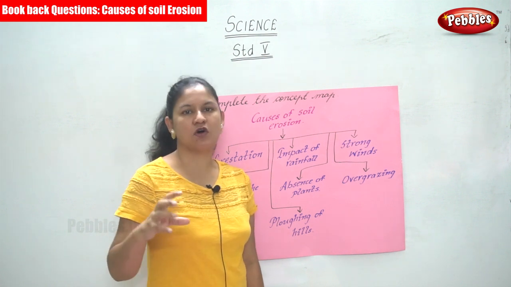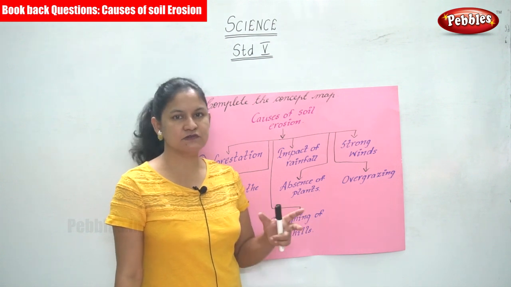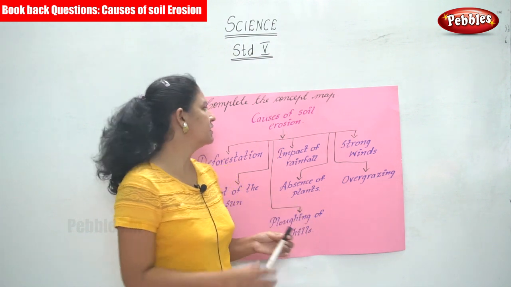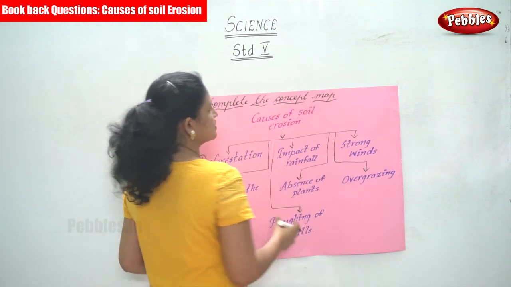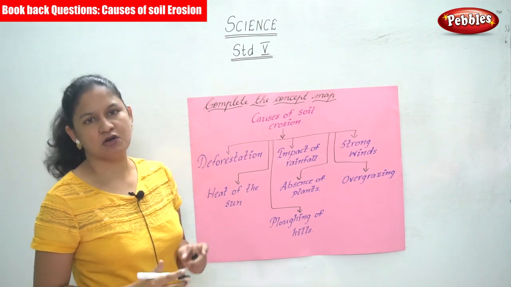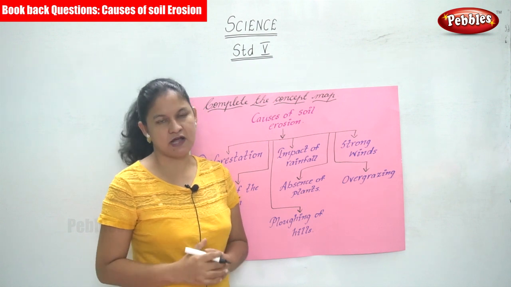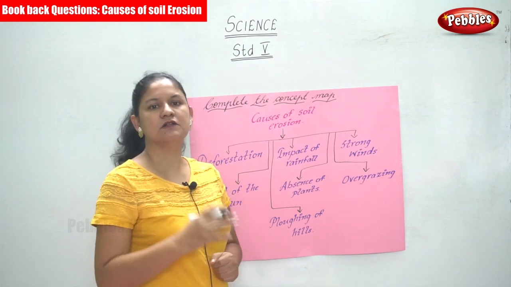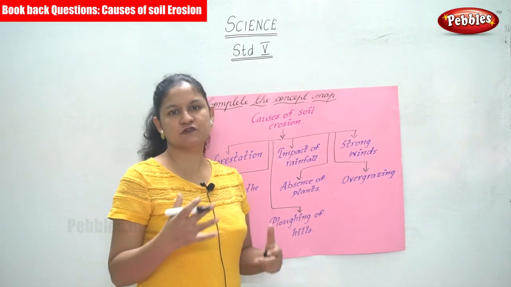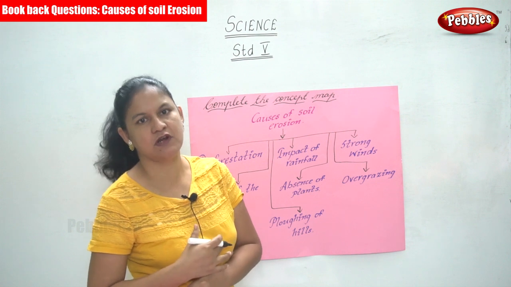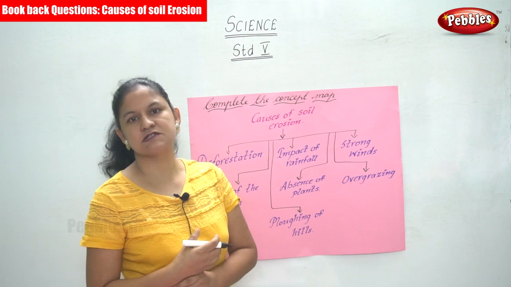and what are the main causes of soil erosion. We are going to learn it by using the concept map. So we call it the concept map. So when we learn it as a concept map, it gets registered in our mind. So what are the causes of soil erosion? There are many, especially if you see when there is heavy rainfall, then the strong winds, all these cause soil